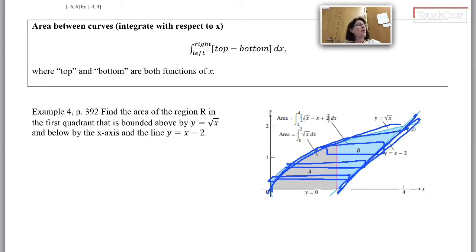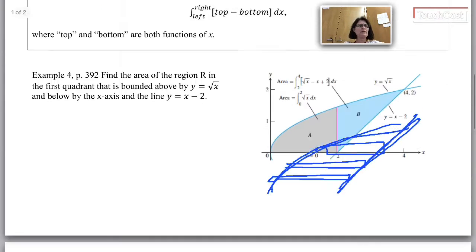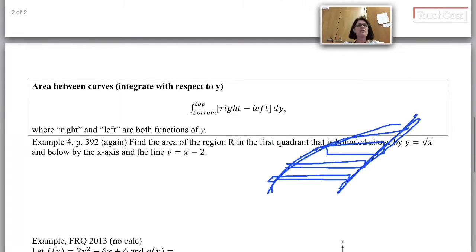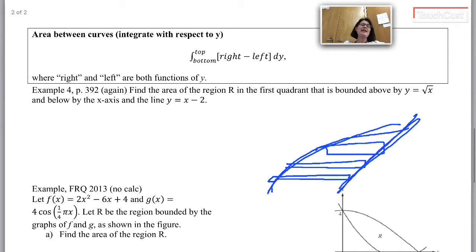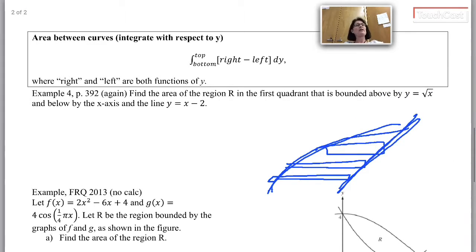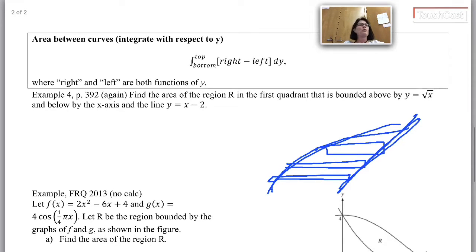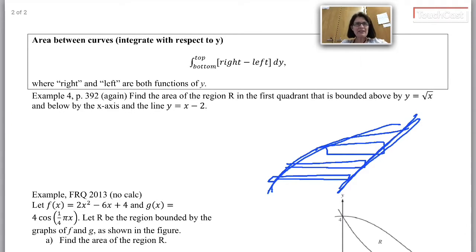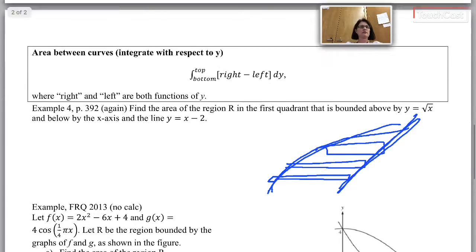We will find that there are going to be problems in the future where we're only going to be successful if we can write our integral in terms of y. So we're using this problem as sort of a stepping stone. So our next job, we're going to do the same example, finding the area of region R using, did I actually say that? I didn't say it in the instructions there, but what we're going to do, we're going to write an integral in terms of y. So come back to this picture